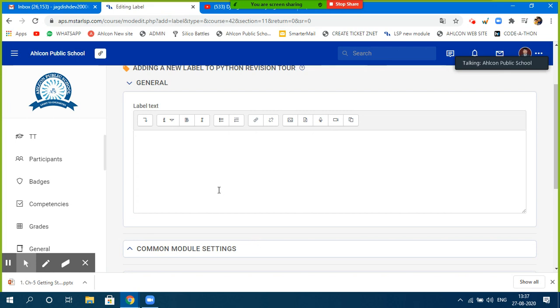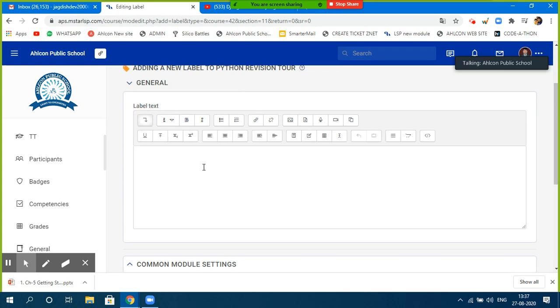You've copied the embedded code, now it is there with you, right? Now after that, what all you need to do, you need to click on this show and hide advanced buttons. As you click on this, it will show you one more client area where exactly you can paste the information, and where you can show that video, right? Any content which you want to display will be displayed here only.